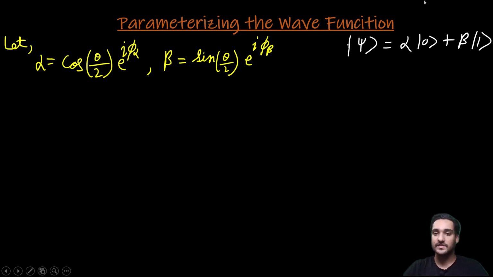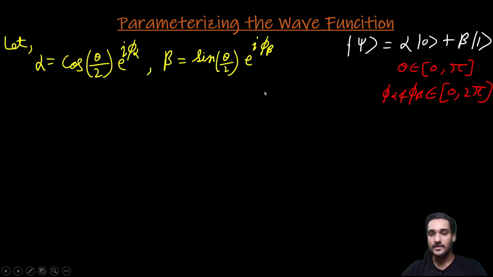So as we had a classical ket equation for the psi, which is the wave function, alpha ket 0 plus beta ket 1, we are going to change these variables to cos theta by 2 and e to the power i phi alpha, and the same with the beta. We are going to do this. Now what all this means, please don't be afraid, it makes sense and you will get to know. We are setting up the range of theta and phi as follows: theta would be from 0 to pi, and both the phis, that is phi alpha and phi beta, will be from 0 to 2 pi. This all has a logic, I'll explain it.